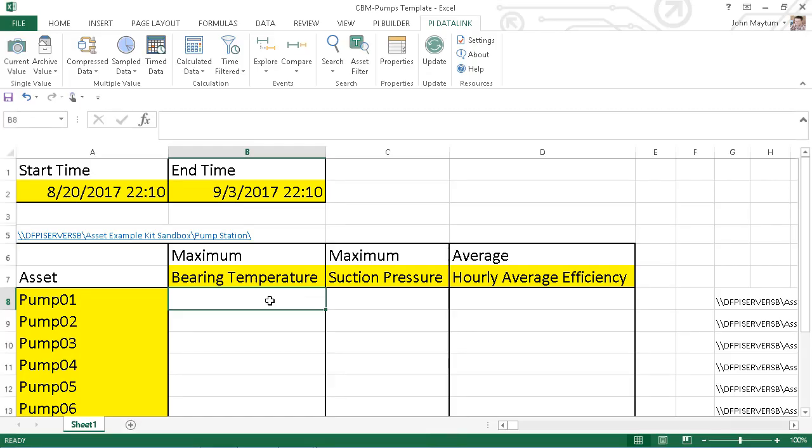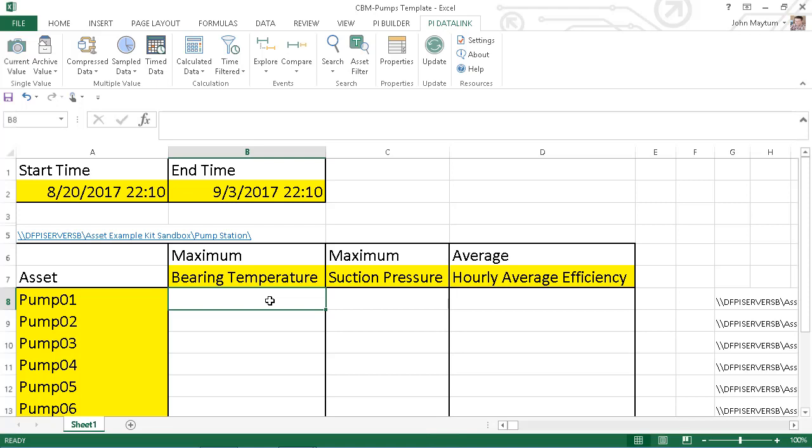And we also showed off a simple data link report in the previous videos, and what we see here is an earlier version of that report before any of the data queries were added. We're going to configure some of the data link queries to populate this report with the contextualized PI data for our pump assets, and that'll allow us to do that fleet-wide comparison between our pump assets.